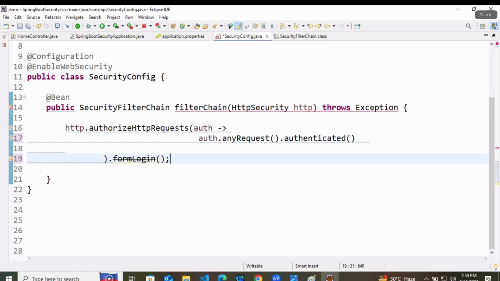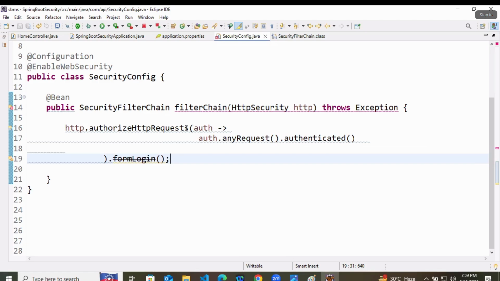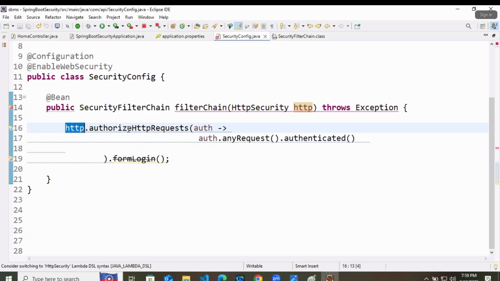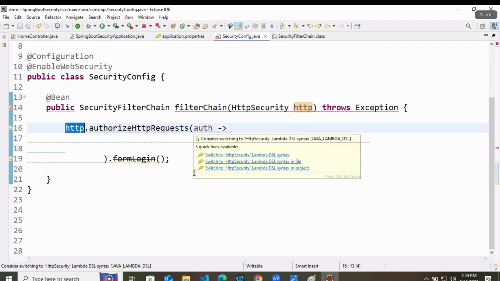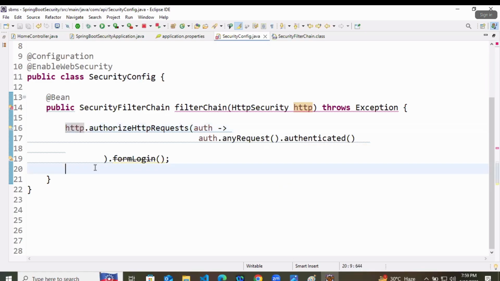Now in this form login, understand what I will say. Here we are adding something to the HTTP, and we are writing one method here that authorizes the HTTP request. In what way? Any request coming to you, make that request authenticated by doing the form login, right?